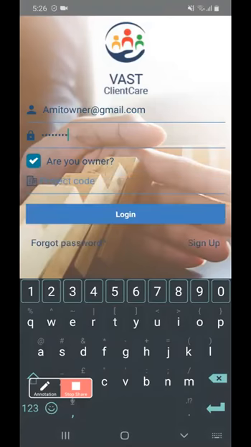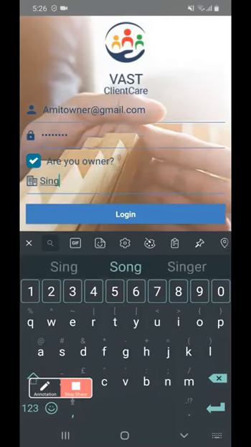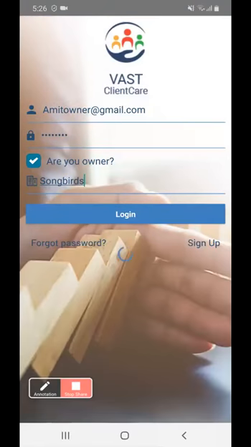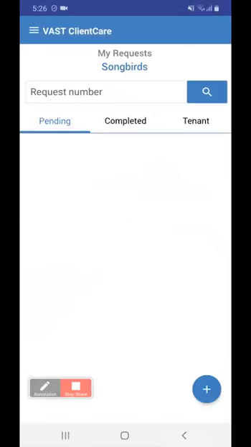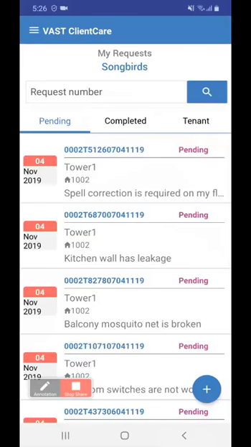For the owner tenant society manager, we need to add the project code through which the app will be customized for that project. So now we are logged in as an owner for this project